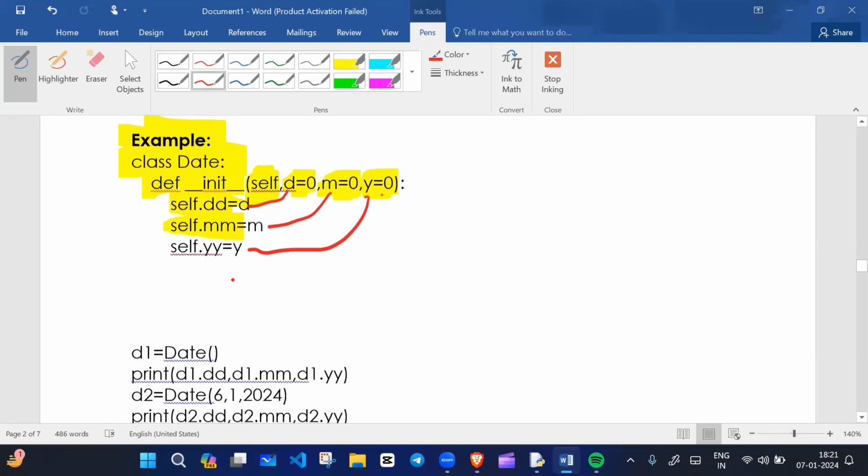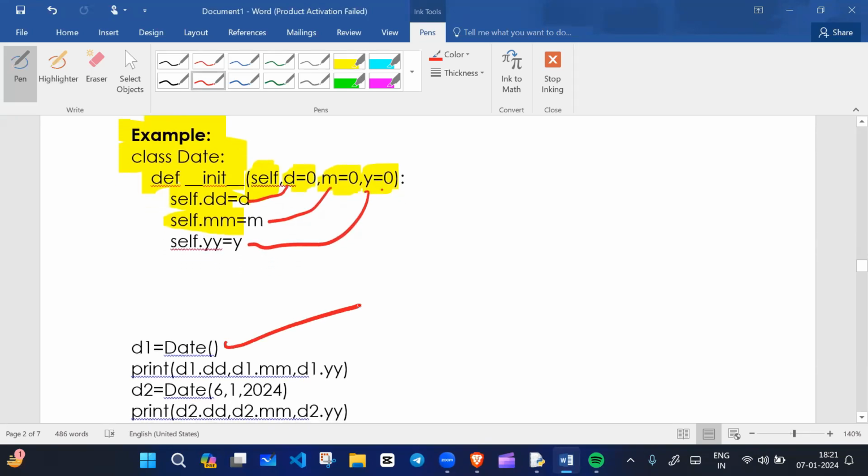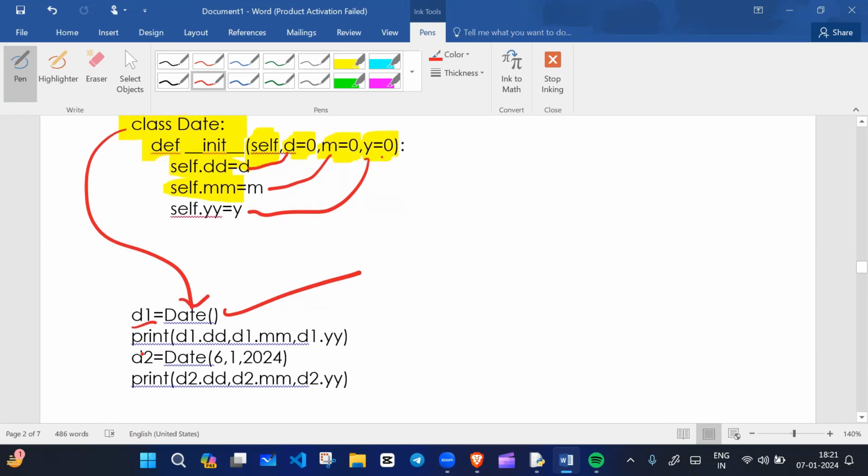Okay, and we will create the object. We will create the object of which class? Date class. Okay, date class. So what is the object name? D1. So with the help of D1, with the help of which object? D1 object, we can access this dd, mm and yy. So d1.dd, d1.mm, d1.yy. Okay, inside the date class, whenever we create the date object,